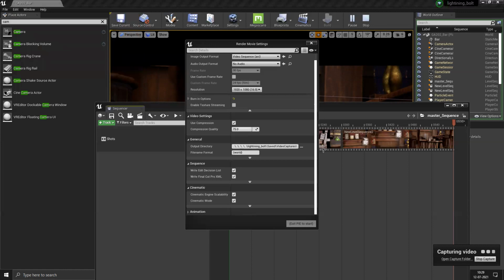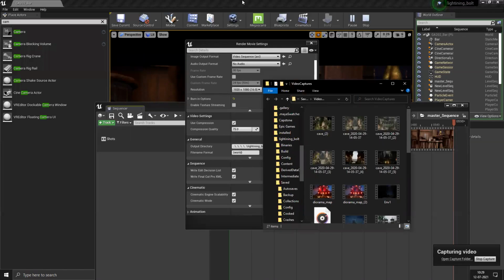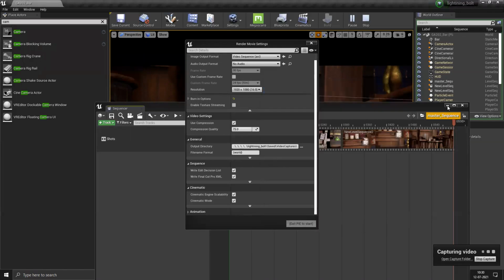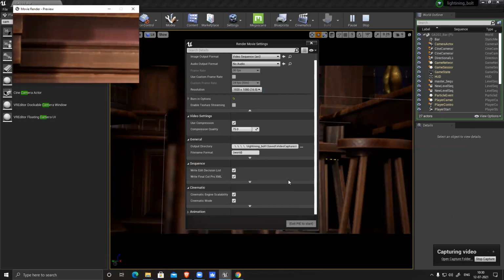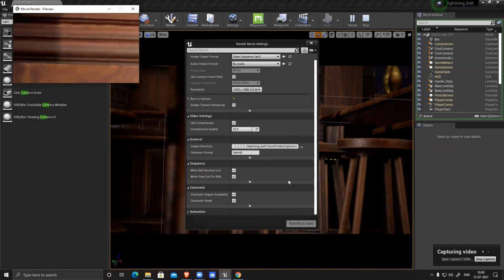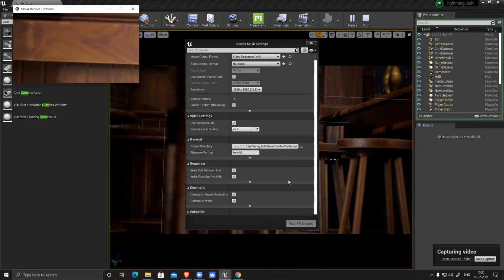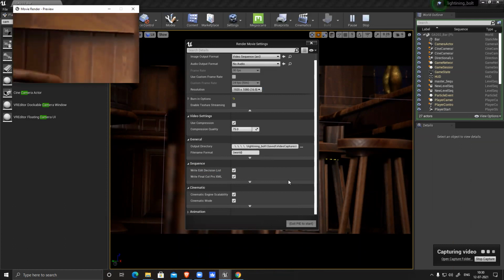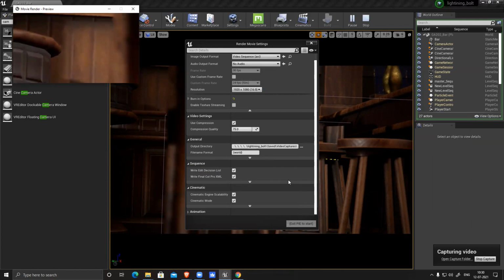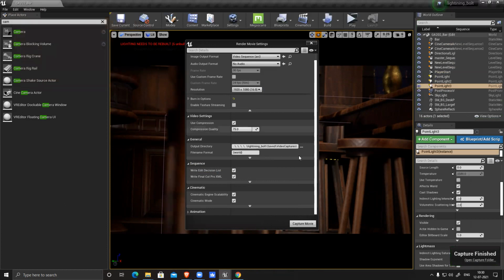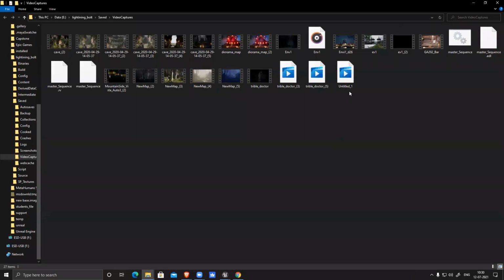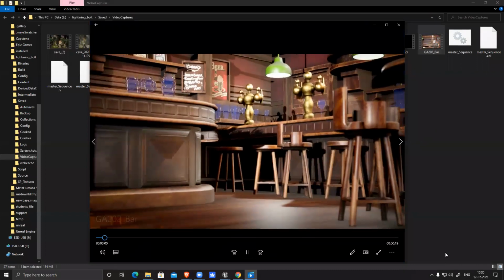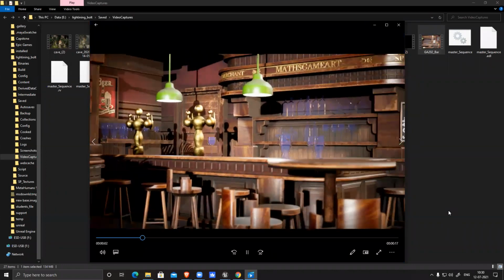And open the folder. This is here. It's rendering. Done. Capture folder has opened already. And the last one is most probably here. See, it's an entire video, one single solid video.